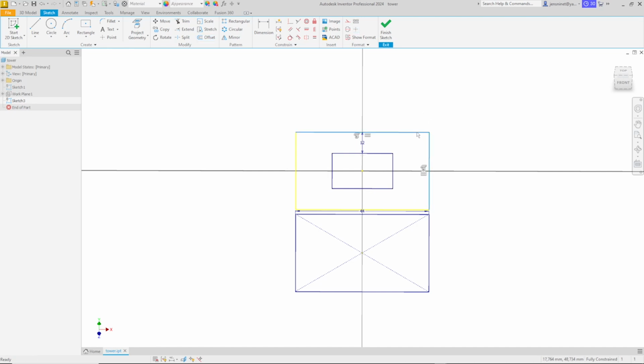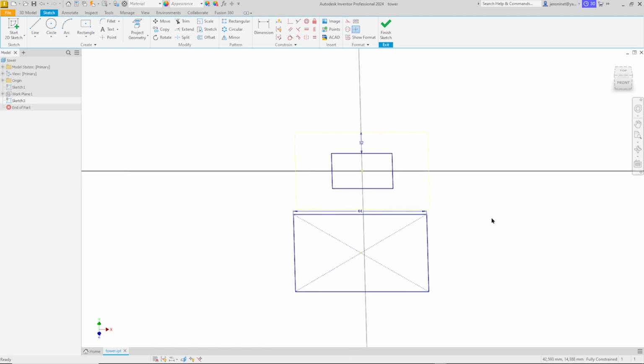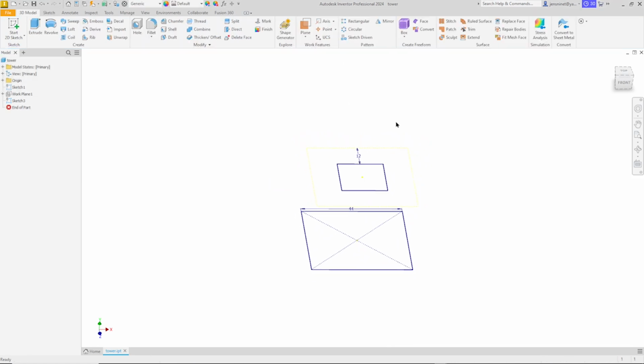And let's make construction geometry out of that outer square. Finish that sketch and define another work plane